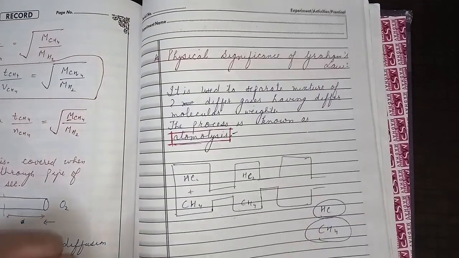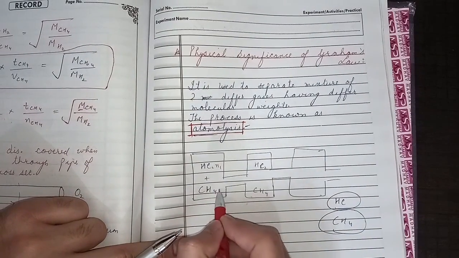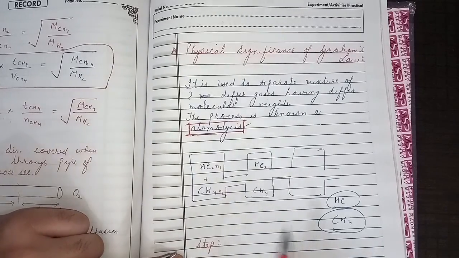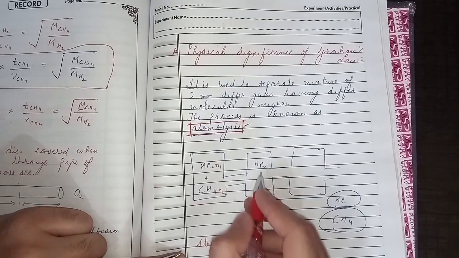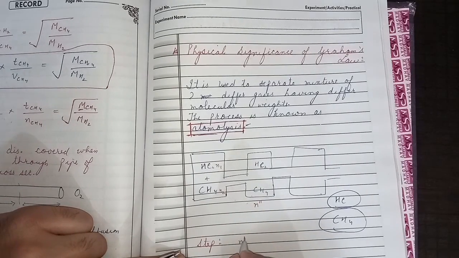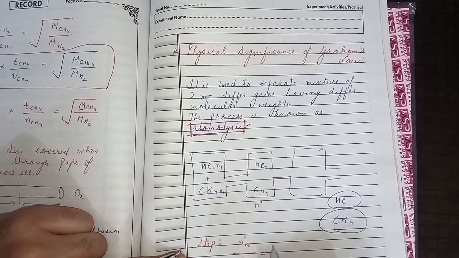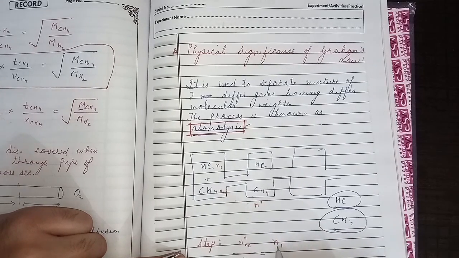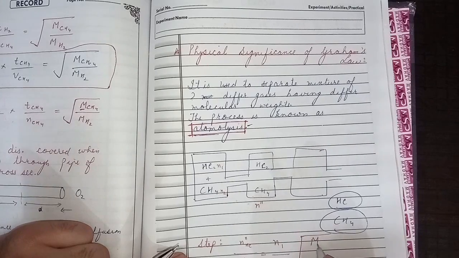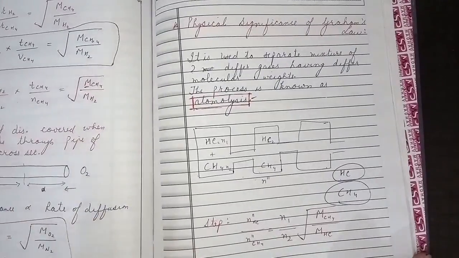सो इसके लिए क्या फॉर्मूला है, अगर हम बात करें कि स्टेप नंबर 1 कि एक बार हमने डिफ्यूजन करवाया तो लेट अस कंसीडर इनिशियली हमारे पास N1 और N2 मोल्स हैं। सो जैसा कि अभी हमने प्रेशर कॉन्सेप्ट में डिस्कस किया कि हम प्रेशर की जगह मोल्स भी यूज कर सकते हैं क्योंकि मोल्स आर डायरेक्टली रिलेटेड टू प्रेशर। सो इस केस में हम असयूम करते हैं हमारे मोल्स होते हैं N' इन बीकर नंबर 2। सो N' ऑफ हीलियम ओवर N' ऑफ methane will be equal to N1, that is the moles of methane initially over moles of helium initially, into root of molecular mass of methane over molecular mass of helium। so यही स्टेप हमारा बार बार कंटिन्यू रहेगा जैसे हम प्रॉब्लम को आगे आगे डिस्कस करते जाएंगे।